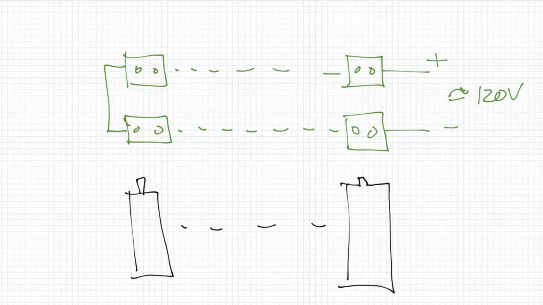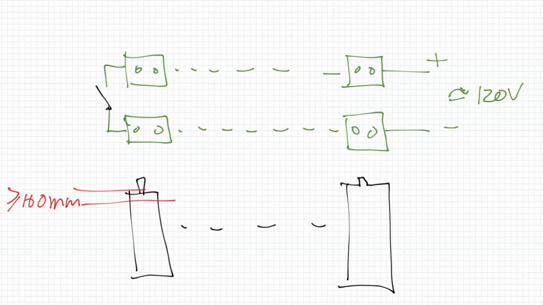We are required to have no arc source within 100 mils of the top of the cell. So anything below that 100 mils is okay to have something that could potentially source an arc. And the reason for that is we're also required to have ventilation to make sure that there are no gas pockets inside that enclosure. And so if you were to put midpoint isolation or overcurrent protection here, all right, so there's